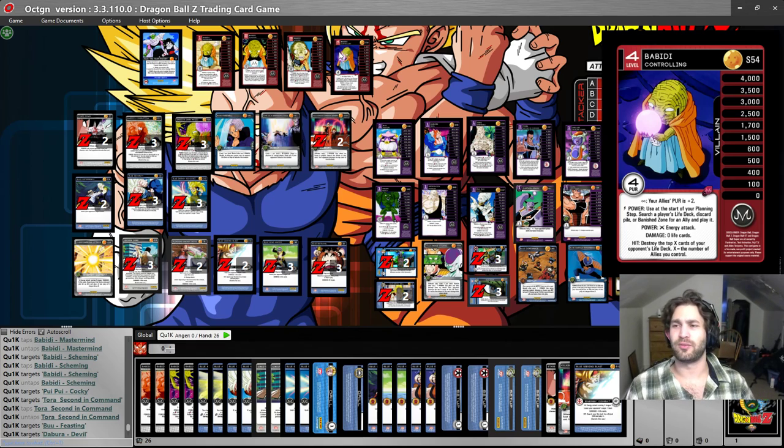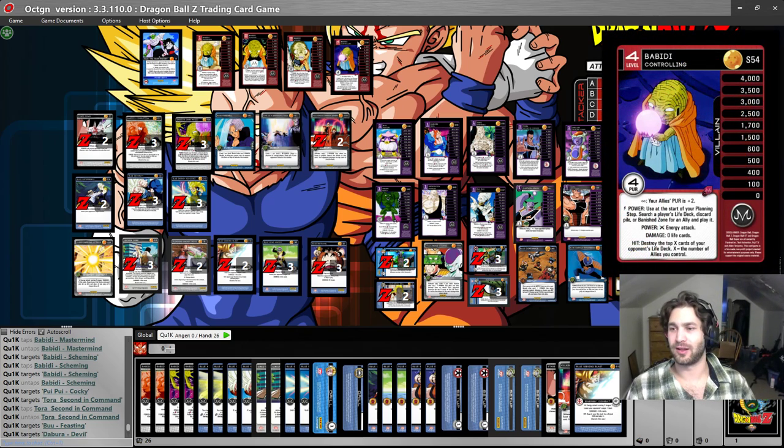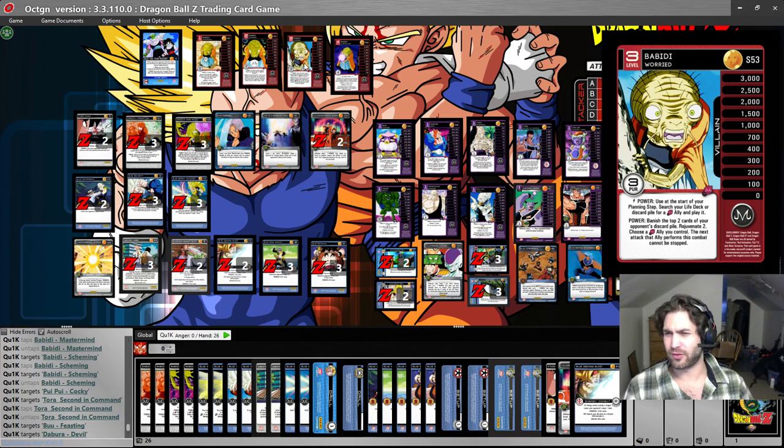I'm sure there are some cool decks that try to get to Babidi 4 to grab whatever ally you want, which is goofy. It's kind of like a Goku 4 grab from any zone, but I don't know how good that is. That level 4 has a really cool effect: you can destroy the top of your opponent's life deck based on the number of allies. But either way, this 2 is kind of crap